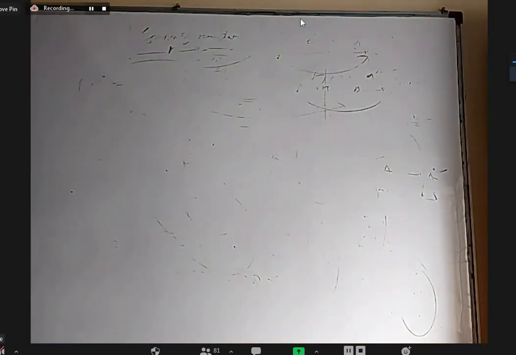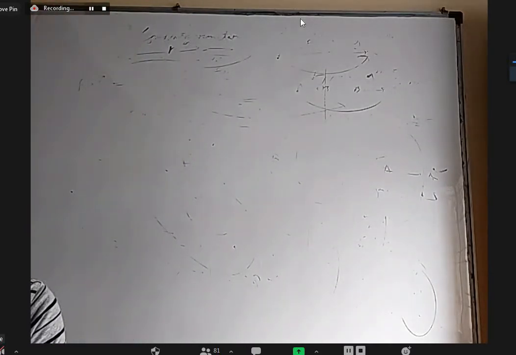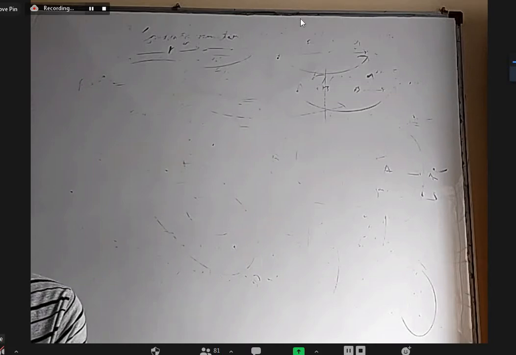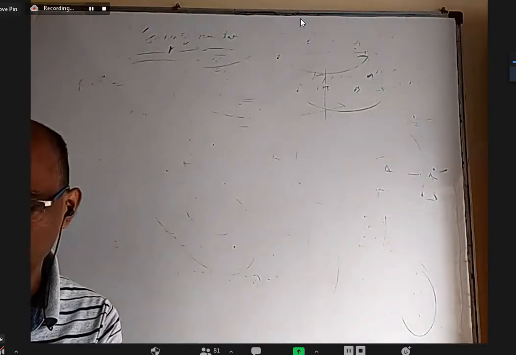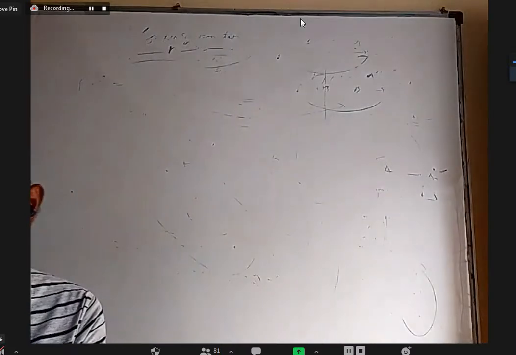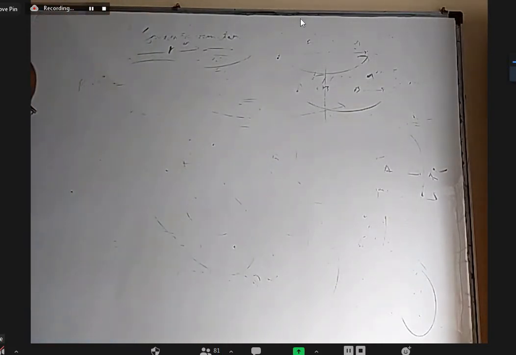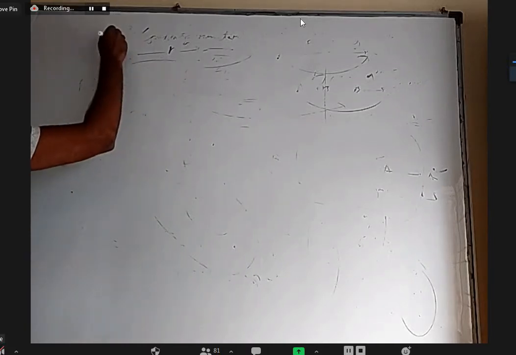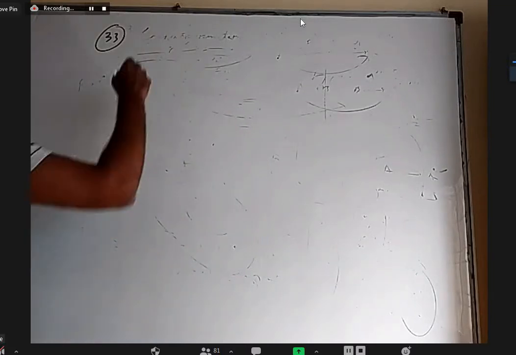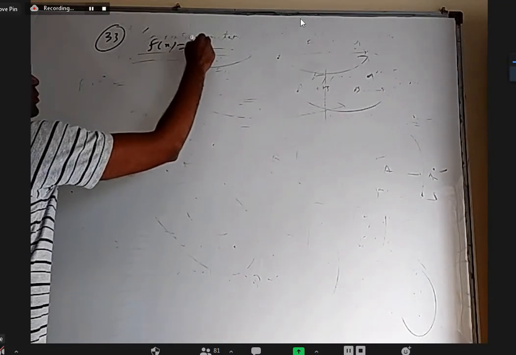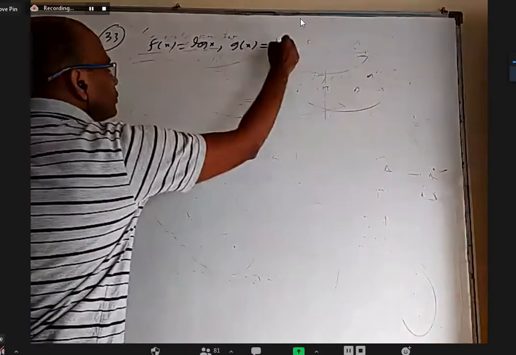Let us see here. So in mains material, we are going to do some questions where you don't have to know much about composite function. It is algebraic manipulation only, basically. Let us look at 33. F of x is equal to log x and g of x is equal to x cube.